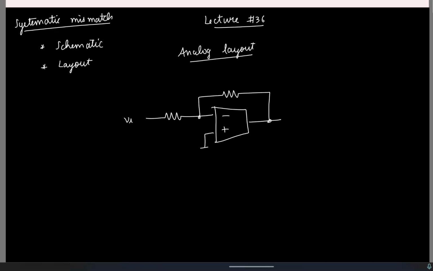So let's say this is my input, this is output. So say this is some 10K and this is some 20K. So we get a gain of 2. Now, of course, you know how we can find the dimensions of a resistor. From the sheet resistance, which says what is the resistance per square, you can get the ratio, and from the mismatch information you get the area, and from that you can find what you want, right? And let's say you have put a resistor like this with some length and width